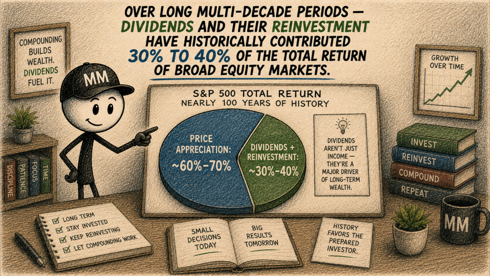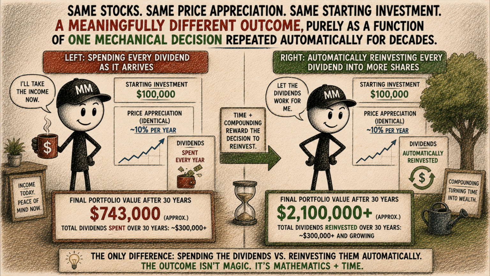In many widely cited long-run studies of the S&P 500 going back nearly a century, dividends and their reinvestment have contributed somewhere in the range of 30% to 40% of the total cumulative return, with the remainder coming from price appreciation alone. This means that an investor who held the broad market for decades but never reinvested a single dividend,